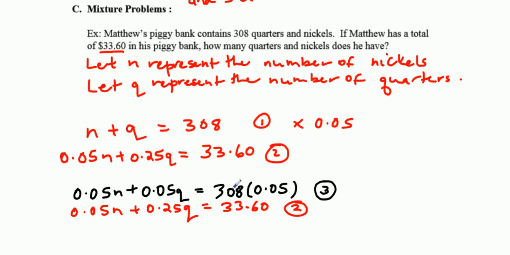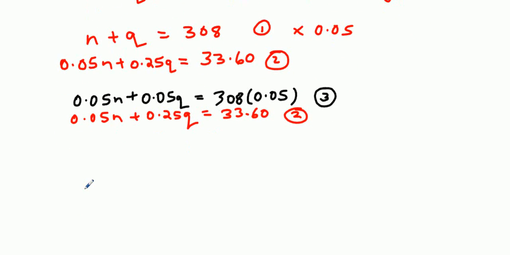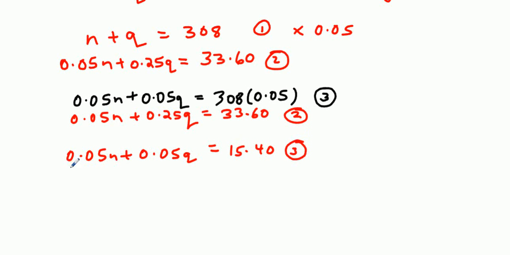So 308 times 0.05 is 15.40. So I'm now going to show it as 0.05 N plus 0.05 Q is equal to $15.40. So that's number 3. And number 2, which we didn't change,